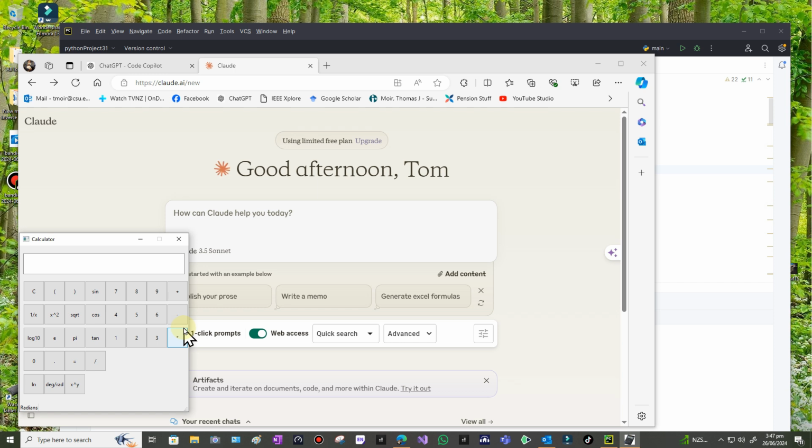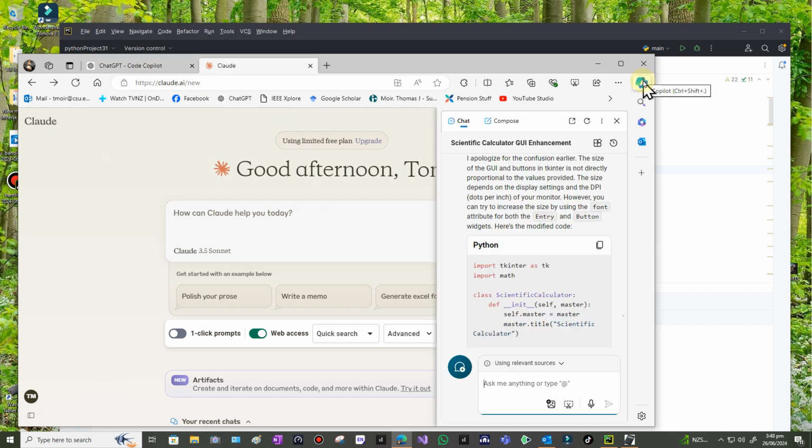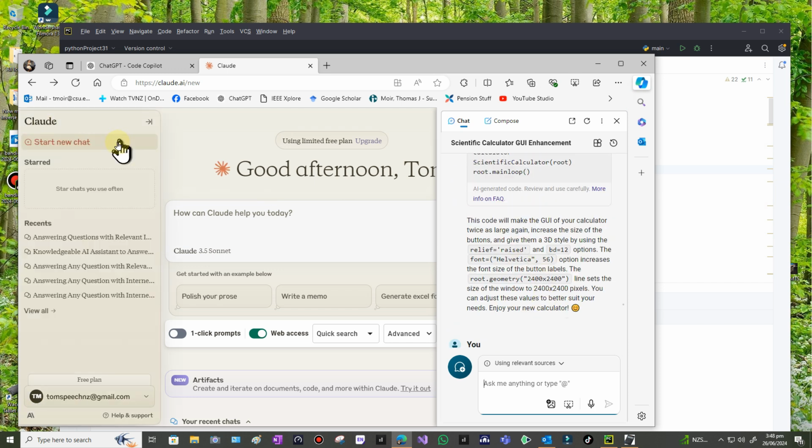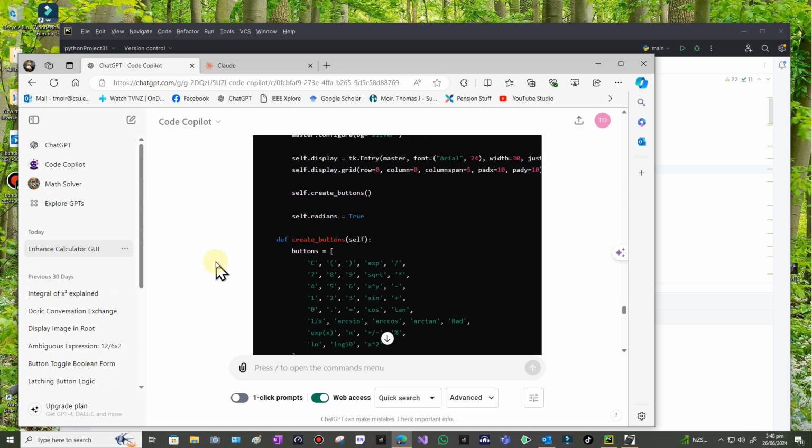But before I could correct it properly, it bombed me out, because with Claude, unless you pay, you only get so many free goes at it. So I then had to go to ChatGPT. Well, actually I went to Copilot, which is not the same as, well, it is the same, is it? I had limited success on that as well. I eventually ended up going to the ChatGPT website and going to Code Copilot. I'm not sure if it's the same as the other Copilot. It probably is. And in this environment anyway, I managed to get everything working really well,